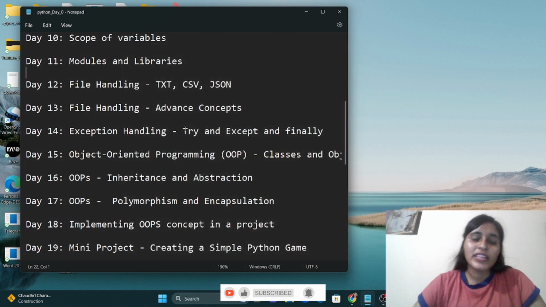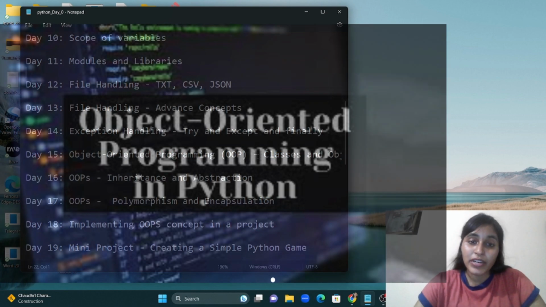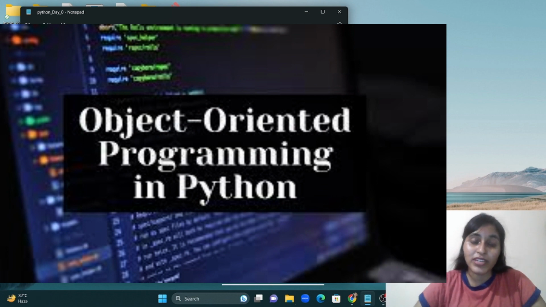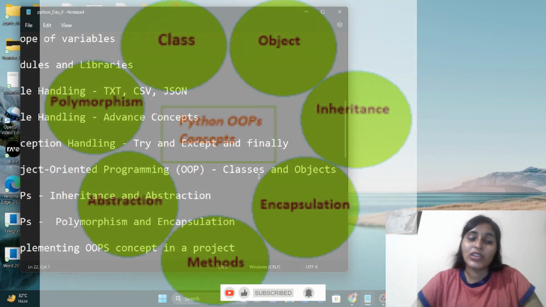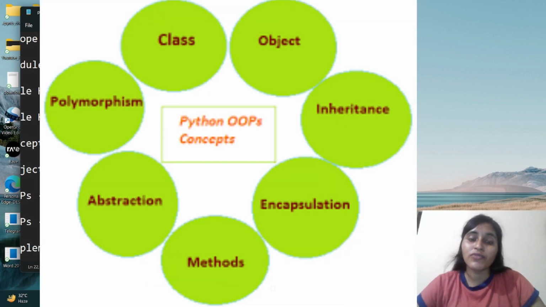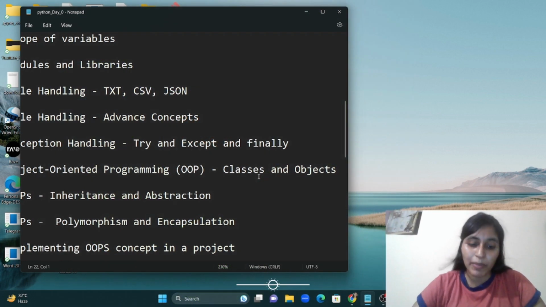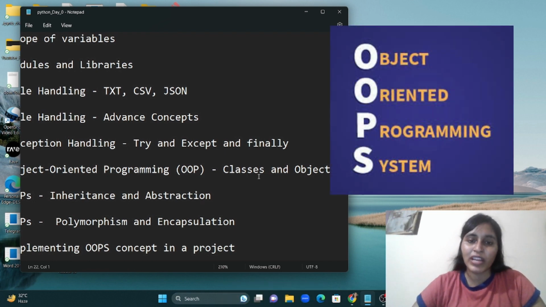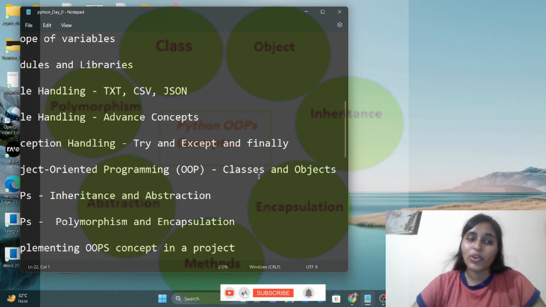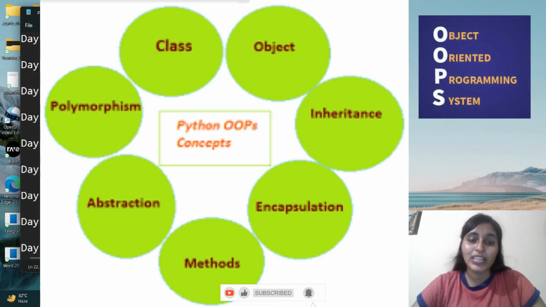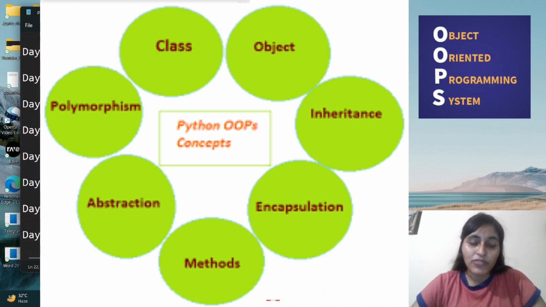And finally, we will move towards object oriented programming. Guys, this is very important. You have heard about classes and objects. If you have a little knowledge of any object oriented programming language like C++ or Java, then you know that C is a very simple language and it is not an object oriented programming language. But in C++ and Java, classes are there, objects are there, and the concepts of inheritance and abstraction are there. Then polymorphism and encapsulation, we will discuss all those things.